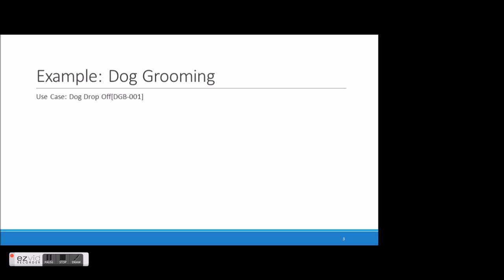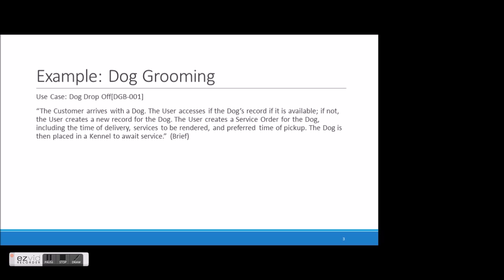So you would talk to the people that are working in the business and ask them what's going on. And they would say, the customer arrived with a dog. Now, I've capitalized the nouns here so we can use them later on when we try and identify the objects in the system. But this is the type of statement you would get. Customer arrives with a dog. The user accesses it if the dog's record is available. If not,